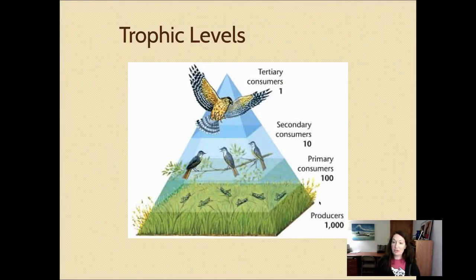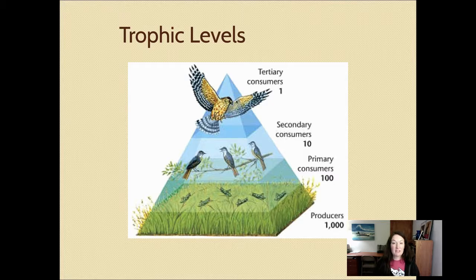So here you see the producers are at the bottom. They make their energy from the sun. The primary consumers, they eat the producers. So anytime you see primary, think of first, kind of like in primary school, you're in like the first grade, second grade. So that's primary, is the first to eat the energy, to get the energy from the producers. A secondary consumer is one that eats a primary consumer. So they are not getting their energy directly from the producers, and you can see they're getting a lot less energy because they aren't eating the producers directly, they're eating primary consumers instead.